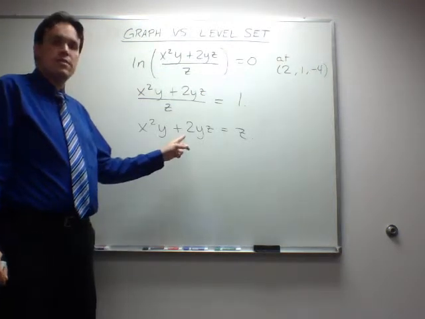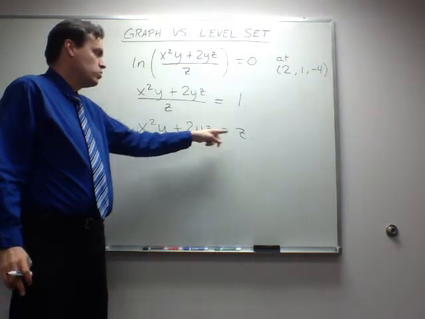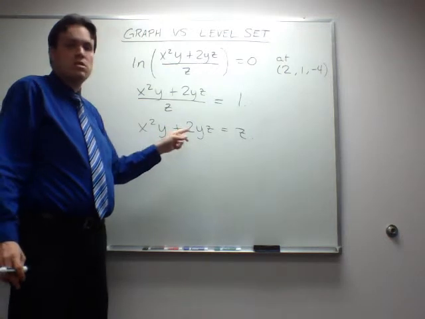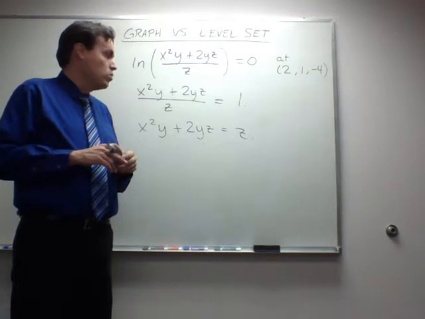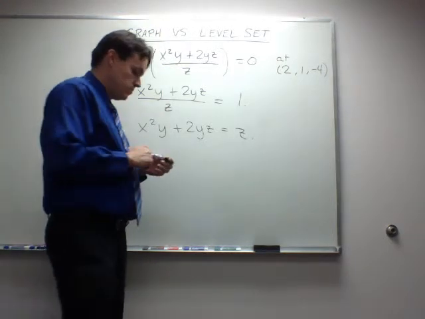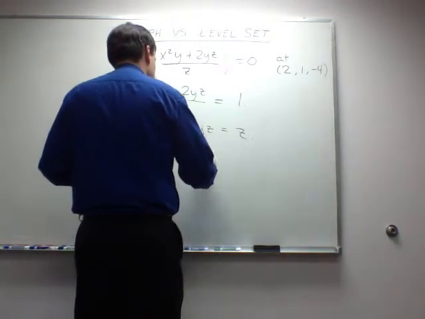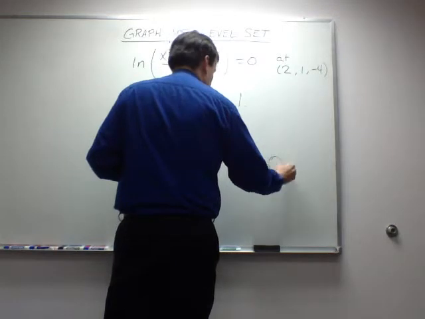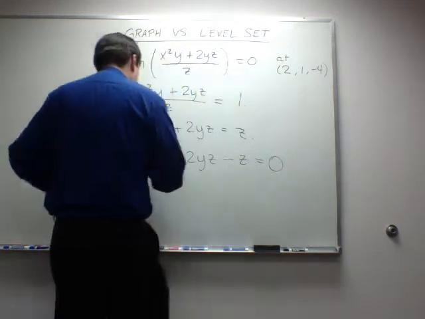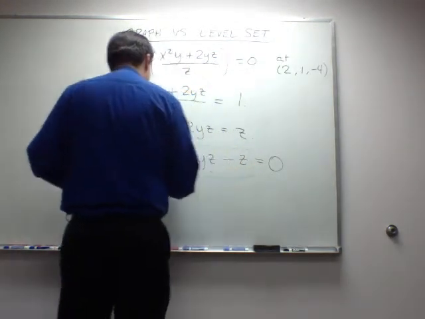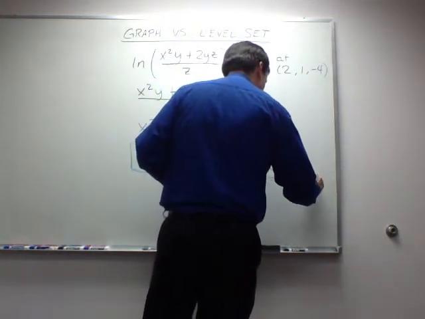Now there's a problem here. I'm no longer thinking about a level set of a particular function. If I think of this as my function on the left side, I'm talking about when that's equal to z. That's not a level set because I'm not setting the function equal to a constant. So I need to move everything that is not constant to one side of the equation so that one side of my equation will be a constant. So I'm going to move z over, get x squared y plus 2yz minus z equals 0. And now I have a function of 3 variables, x squared y plus 2yz minus z, which I'm setting equal to 0. So I have a g equals 0 level set, or level surface,